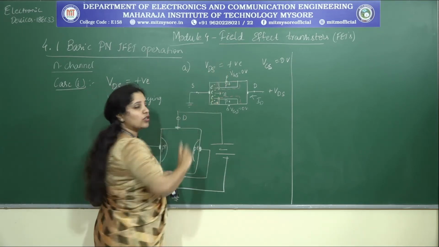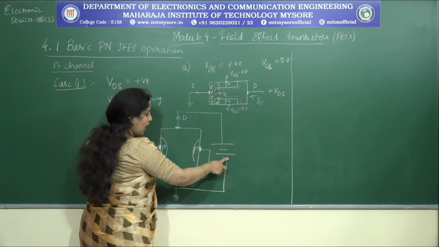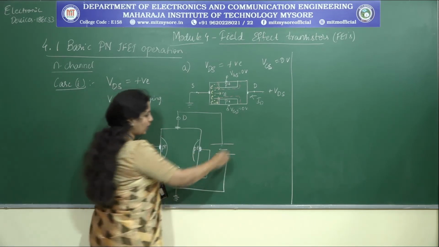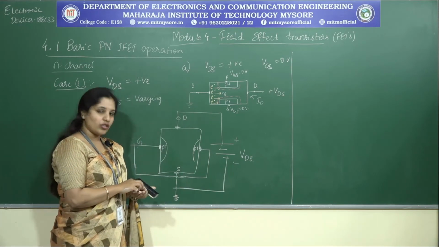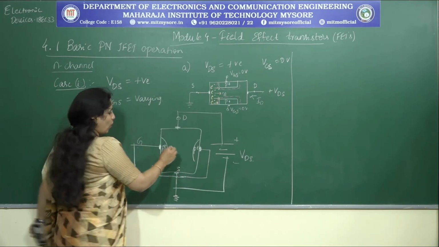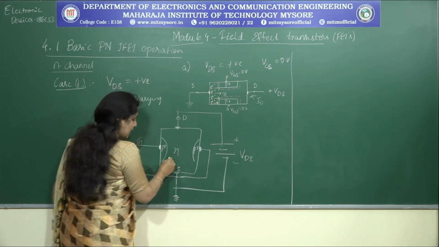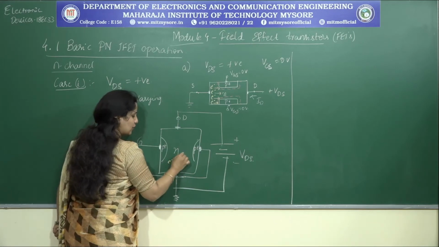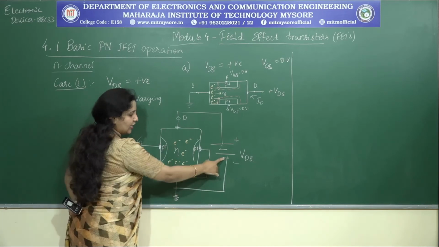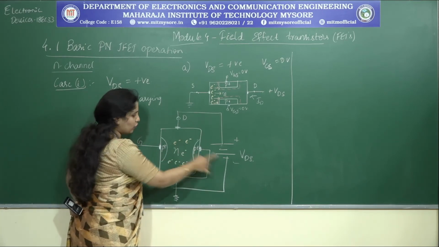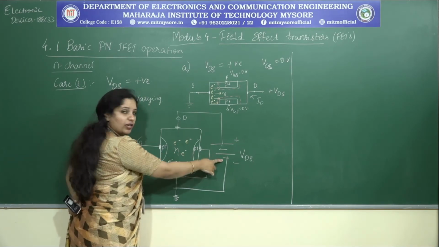Now, what is it that we have? VDS is some positive potential, right? Therefore, the drain is always connected to the positive terminal of the battery and the source is connected to the negative terminal of the battery, which indicates that I am trying to provide certain positive potential across the drain to source terminal. Now, what is the kind of channel that we have? It is an N-type channel. Now, when I say N-type, what is it made up of? Electrons, right? Now, the electrons here, this end is connected to what? Negative terminal of the battery. Both of them are negative. Will there be a repulsive or attractive force? There will be a repulsion force, right?